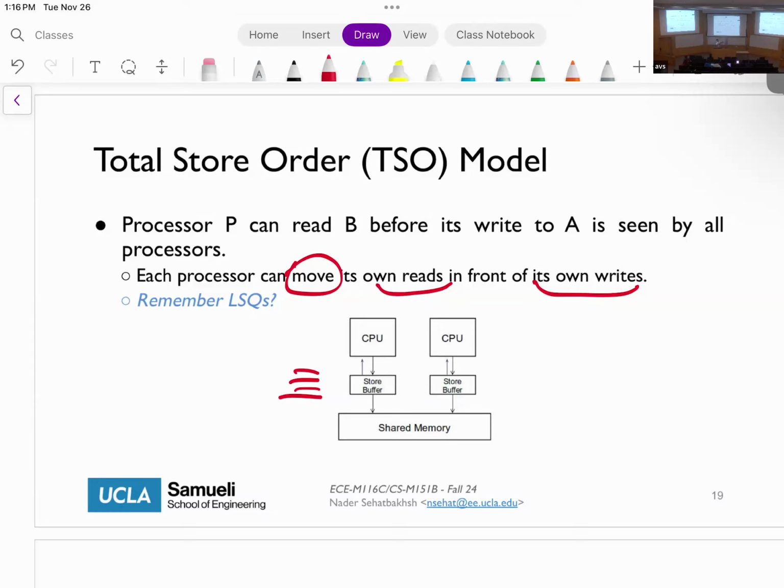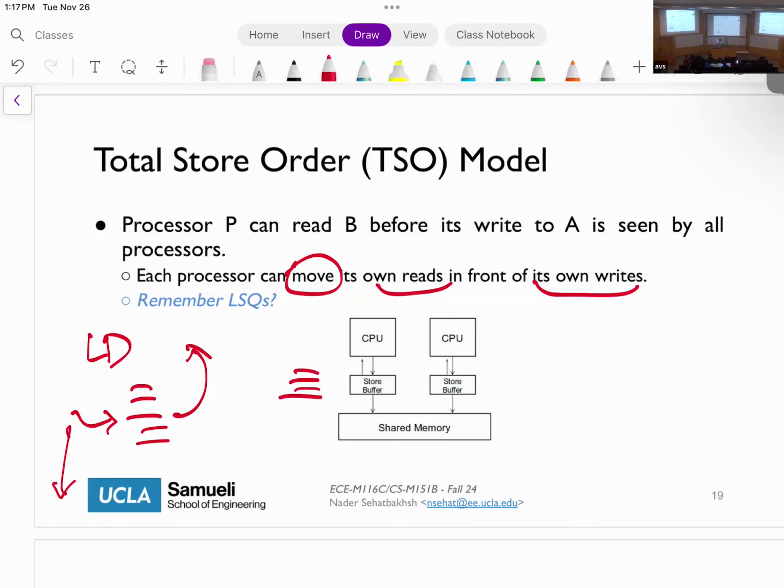If you remember LSQs, the load store queues were exactly that. We told you that when we have a load, we first go through the load store queue. If we see a hit, we forward that back. This allows us to reorder things and issue things to memory this way. Or if it's not there, we can issue the load to main memory, so we can allow this to happen without waiting for future stores.